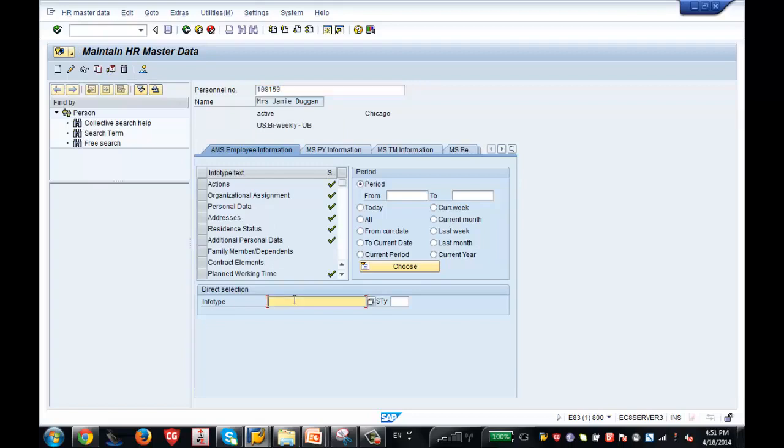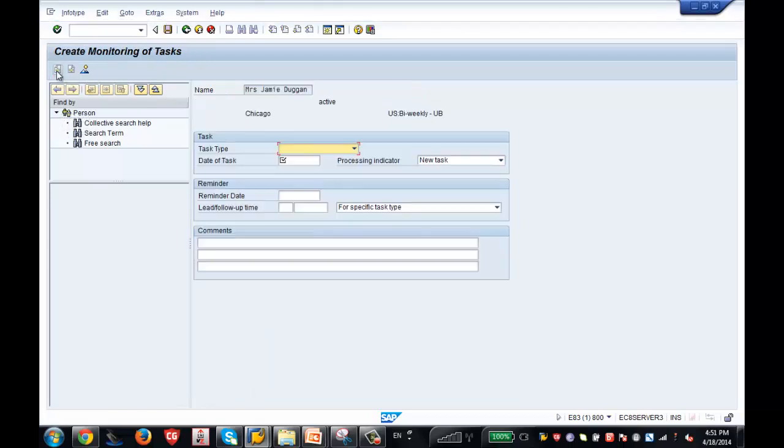Now what was my info type for monitoring of tasks? Info type 0019. I hit enter, and it showed me the name of the info type, that is monitoring of tasks. Now I click create. When I click create, this screen comes up. Now you have created expiry of probation. Now you want to give a time, for example